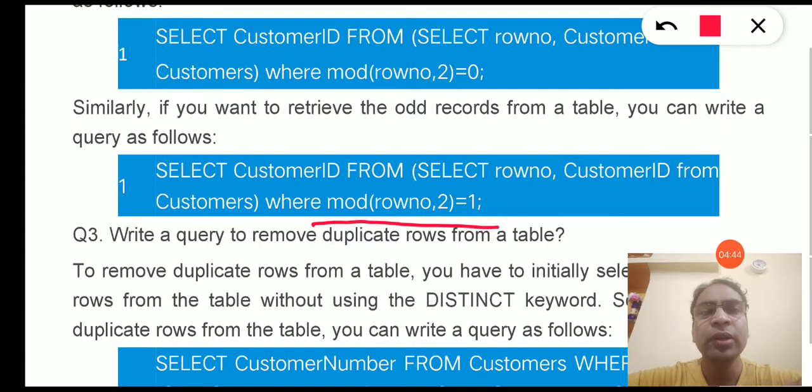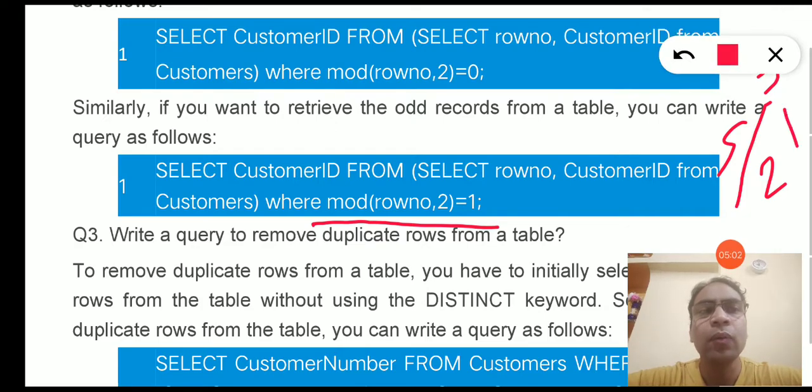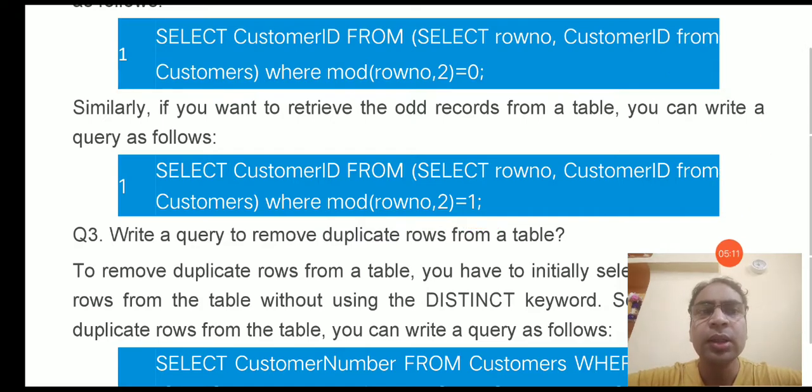That means whenever we divide the row number by 2, the remainder will be 1. So that is the condition of the odd rows. For example, the row number is 5. If we perform a mod operation on 5 with 2, this will always give us a remainder of 1. So 5 will be an odd row number. In this way we will be able to select all row numbers which are odd, and we will return the value to the original query, and then we can fetch the data of all the odd tuples.